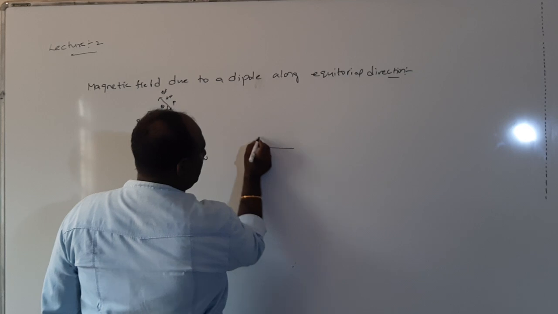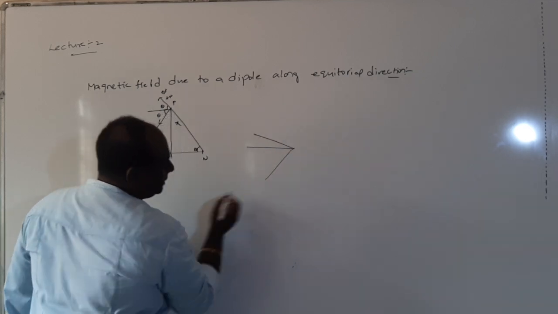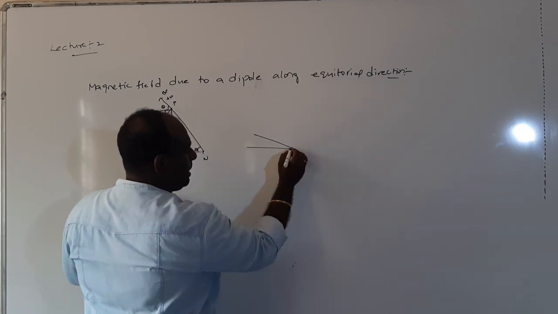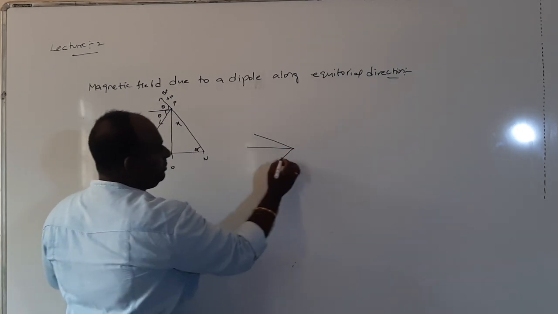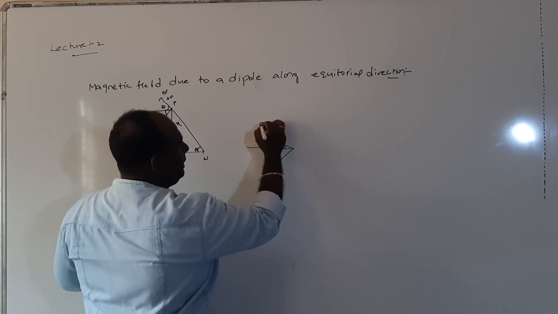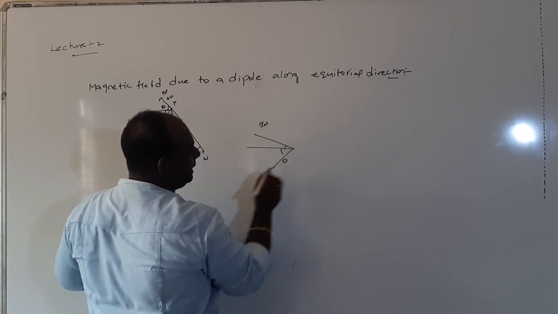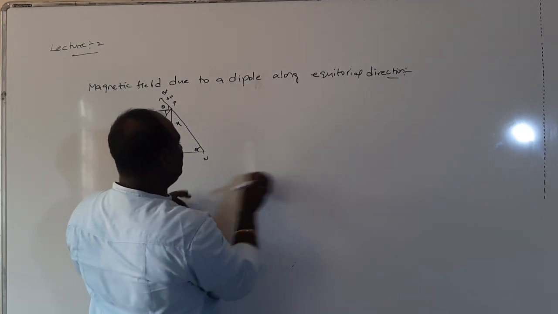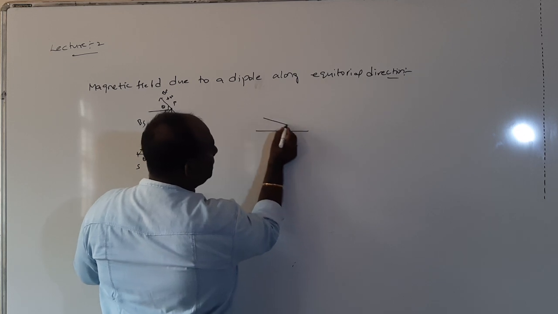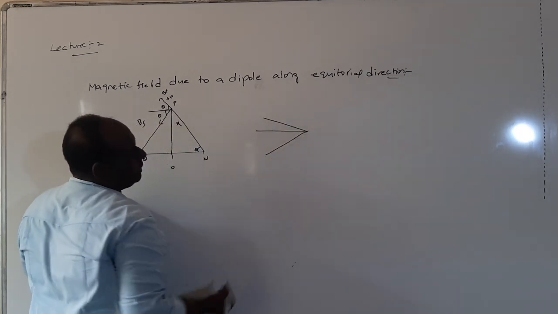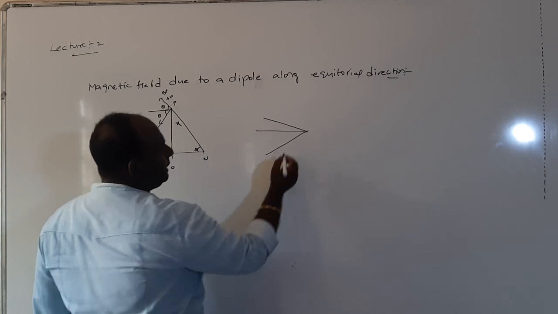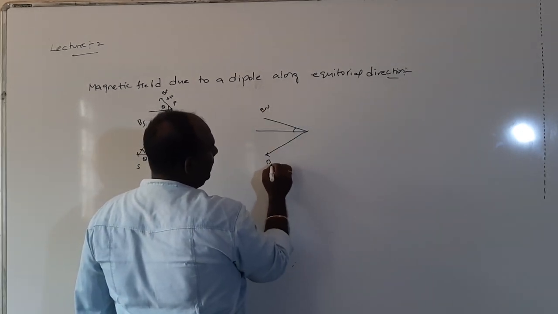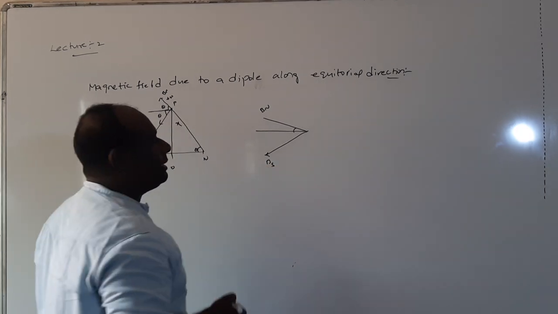See, we are getting two fields. One field is radially outwards, one field is radially inwards. This is Bn, this is Bs. Strength wise both are the same. This is theta, this is also theta. Assume this is horizontal. With respect to horizontal, two fields are acting: Bn, radially outwards, and Bs, inwards. So here, magnitude wise both are the same.